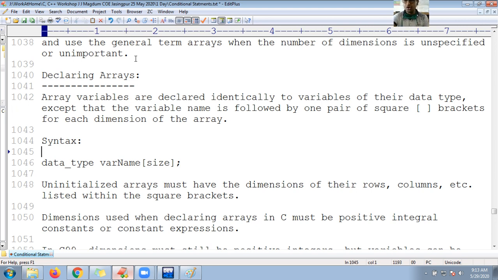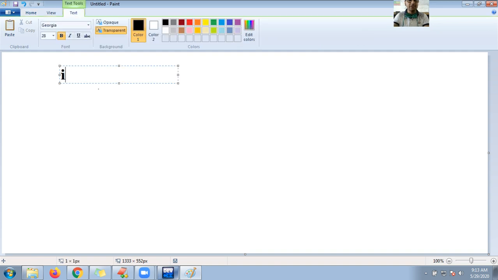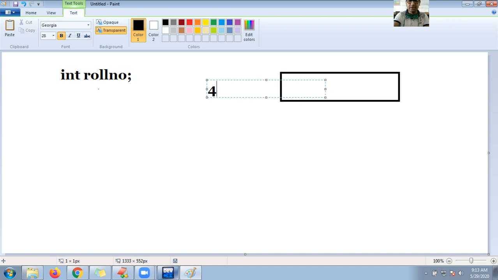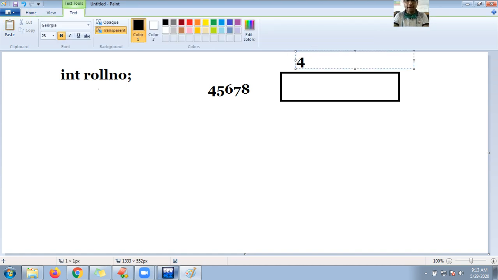Before going to create the array, we need to declare the array. The way you declare variables, suppose now if you look at the example, how can I declare the variable? So here I am declaring a variable of type integer whose name is roll number. Now what happens internally when this line gets executed? The memory location will be created, and that memory location has an address, a unique number. Suppose I'm using this number. This is a hexadecimal number, guys. Now 4 bytes of memory have been created.